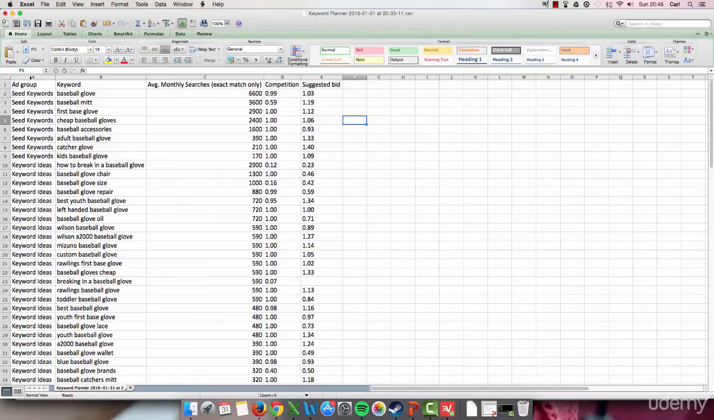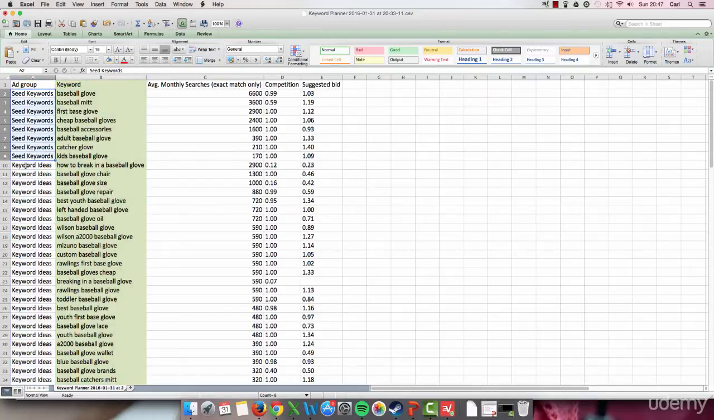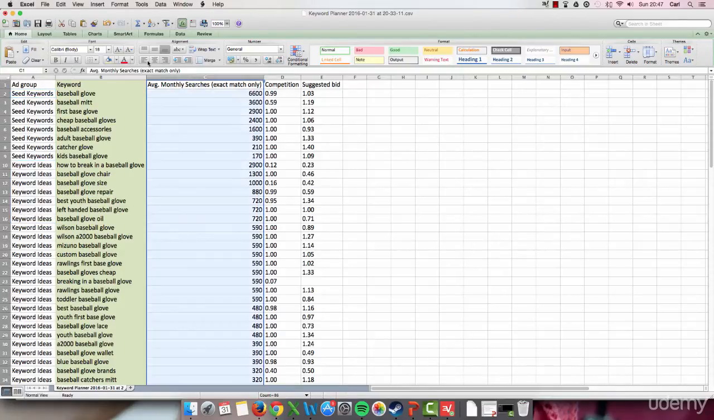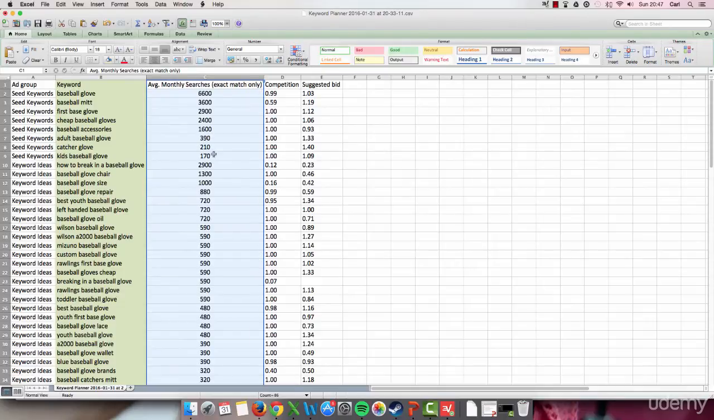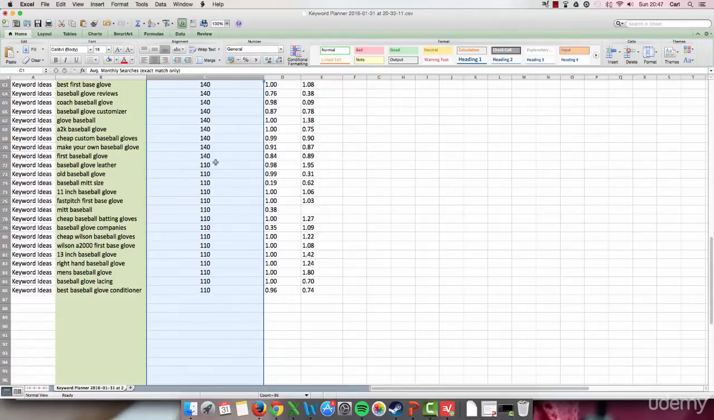Okay, so these are the keywords that we have. I'm going to highlight this column because these are the actual keywords. This tells us whether it was a seed keyword or a keyword idea. We're going to keep that just so that we can remember the ones that we put in initially. The average searches per month. This is also very useful because this is what we're going to be using to determine how popular a word